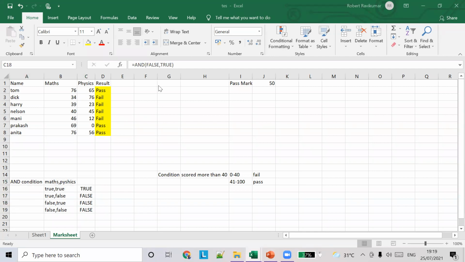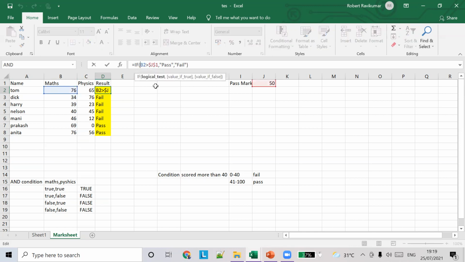So for the first two conditions, we're going to change this formula here. What we have done is we just tested the maths marks here. We didn't test for the physics marks. So I'm going to change the formula and introduce an and condition here with a bracket. Now I'm going to test the physics marks also. To add two logic conditions, there is already a maths marks test here, so now I have to add the physics marks test. I have to find whether he has passed in physics or not.